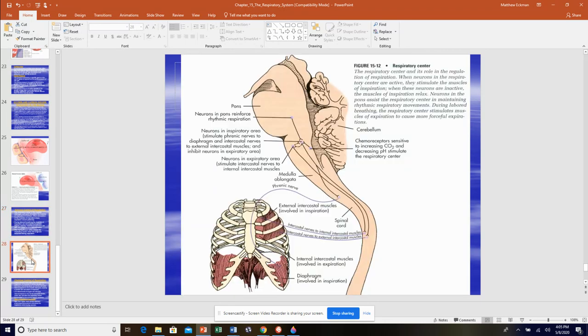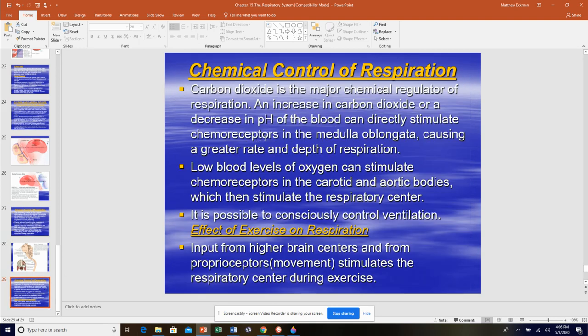it comes back to its contraction point again. But I just want to look at this picture real quick, right here with the medulla oblongata and the pons. You can see that these are in your lower segment of the brain, and they're paying attention to chemoreceptors. Now, we've heard this term before. We've talked about chemoreceptors. Right here, carbon dioxide is the major regulator, and increases or decreases in carbon dioxide stimulate the chemoreceptors in these two places, causing us to exhale or inhale more,